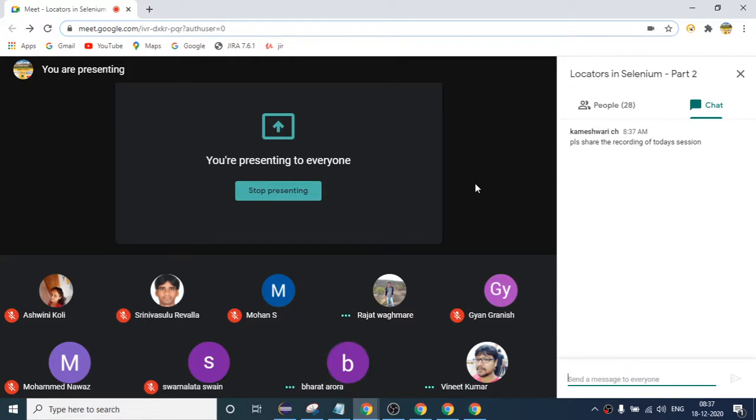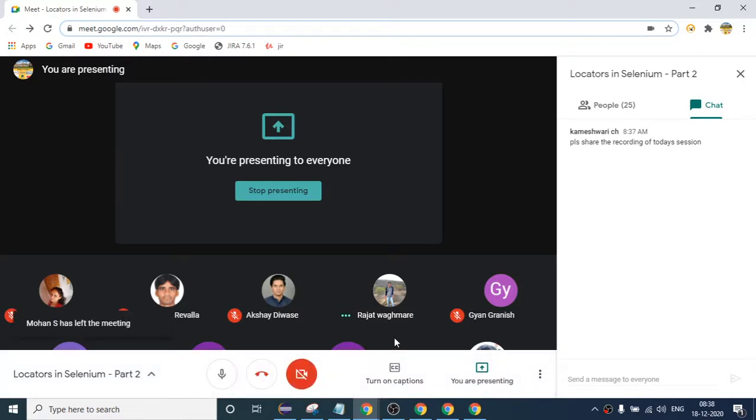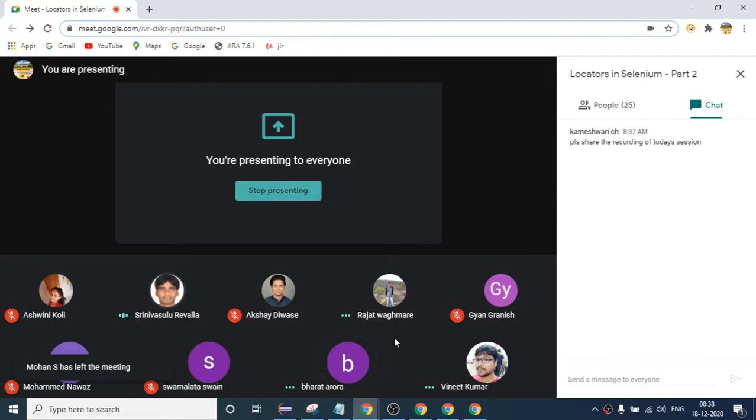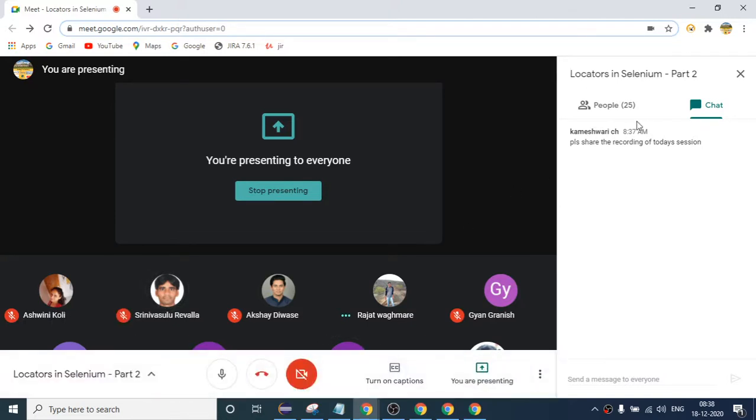If you are finding a unique ID, then you can use the ID locator directly without using XPath and CSS. Is it the question, or you can write it in the chat box? Yes.